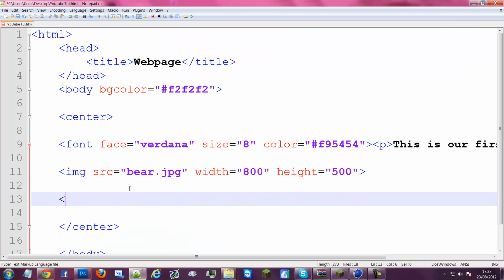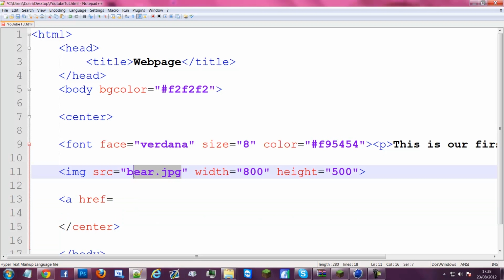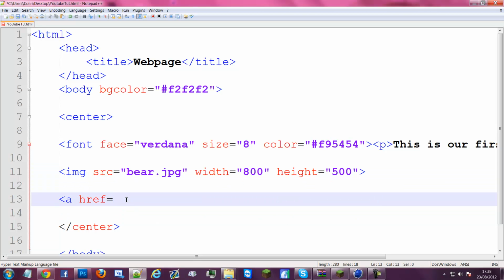To add in a link, it's basically just a. I think it means anchor, but I just call it a anyway because it's just a link. So a, and it's not a source, it's a href equals. By the way, you can actually add in links here for images, but I just downloaded it to make it easier. So a href equals nowhere yet, and to make the actual link go nowhere,